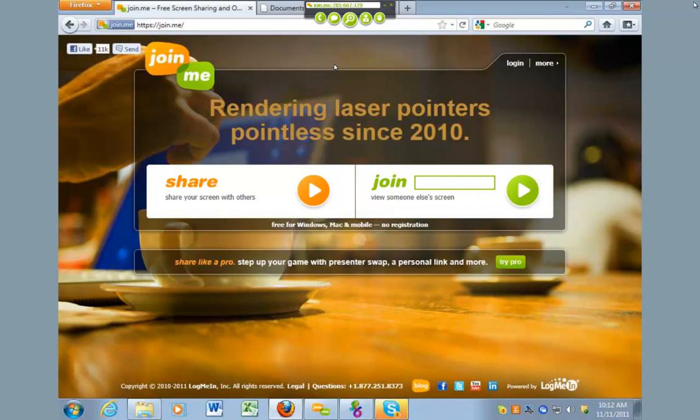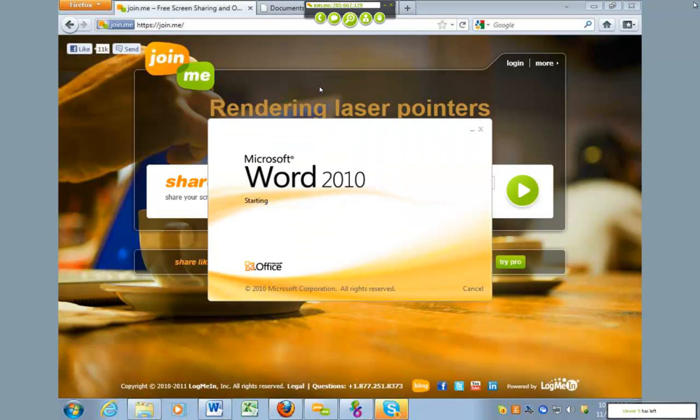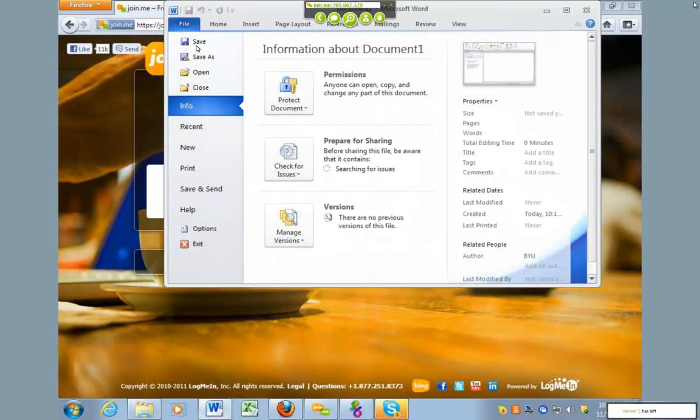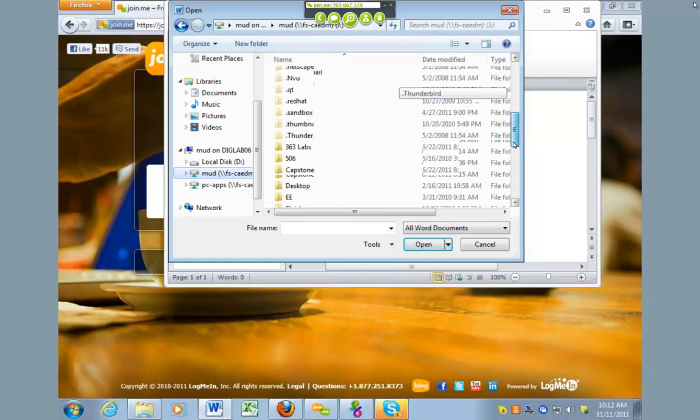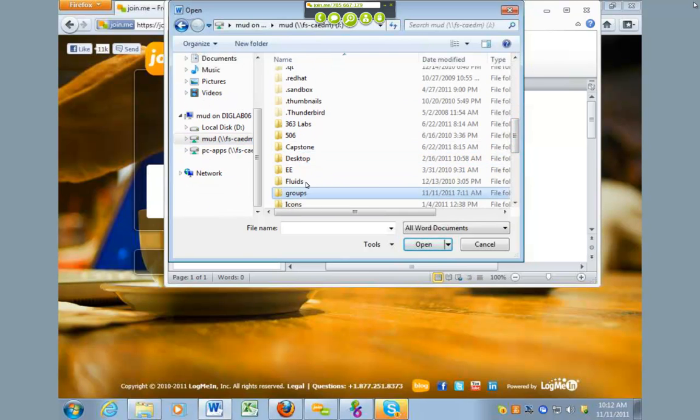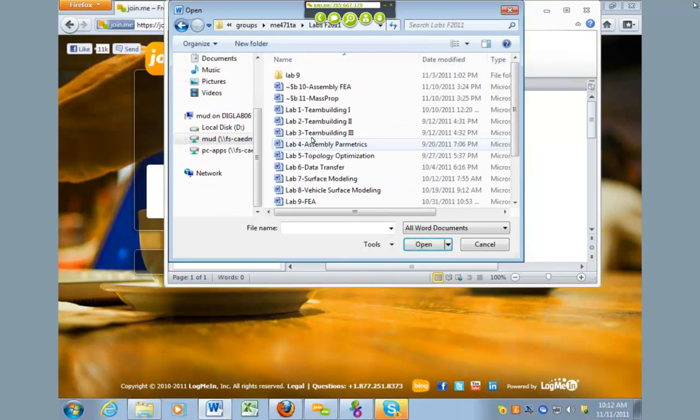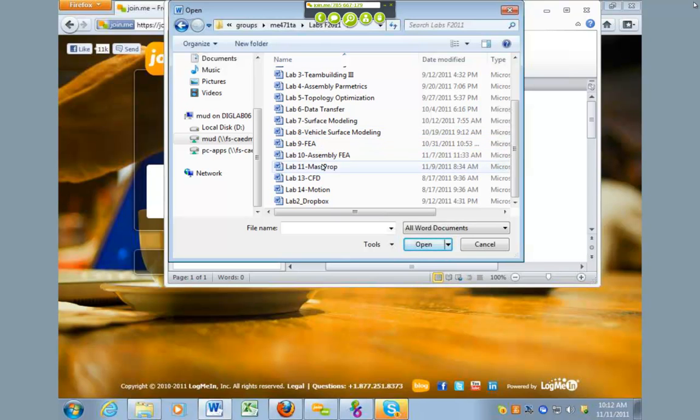On TCC, I've uploaded an assembly with a wheel rim and a shaft. So if you guys want to start downloading that, we can do that together as part of the in-class assignment. But I'll go ahead and pull up both of the labs real quick here. We can kind of go over the different requirements, what's going to be turned in, and things like that. Okay, so there's lab 11